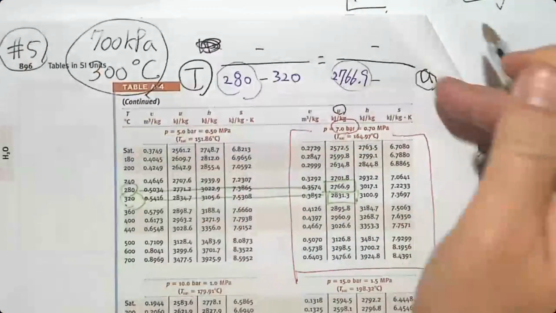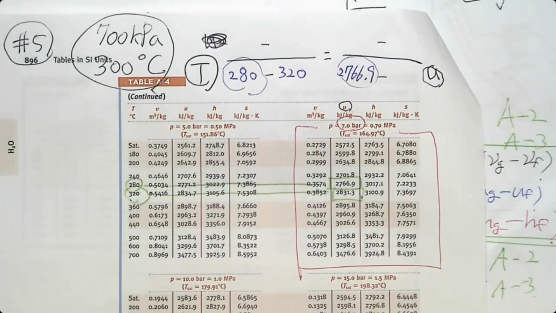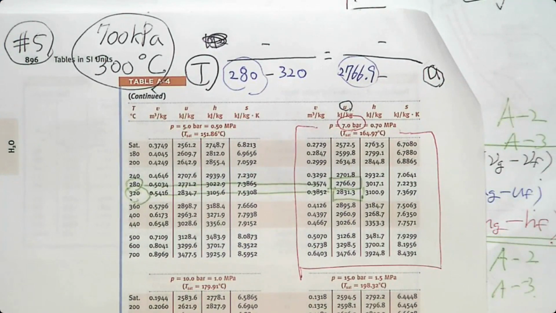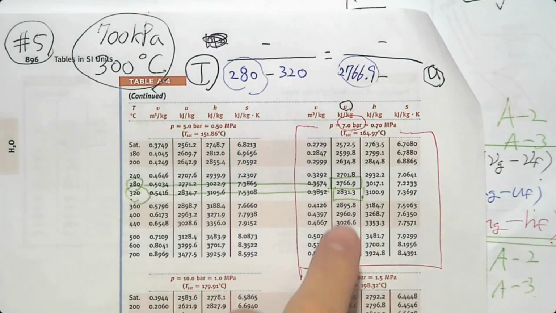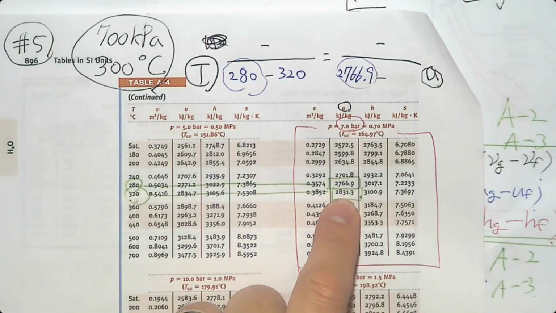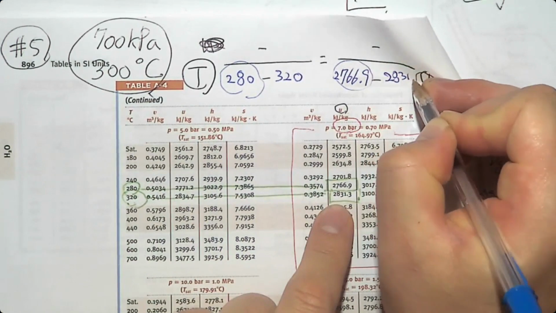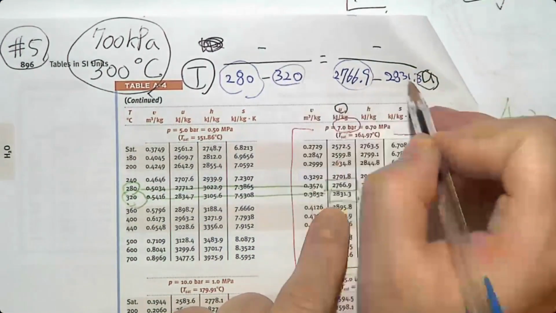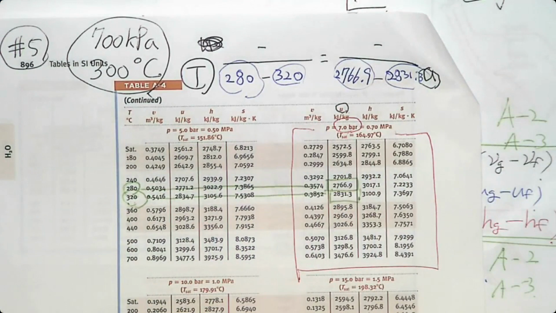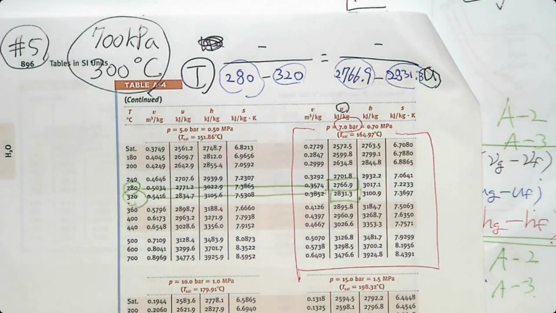What about 320? This is the U value at 320: 2831.3. So once you write the lower bound and the upper bound of each side, temperature and U,